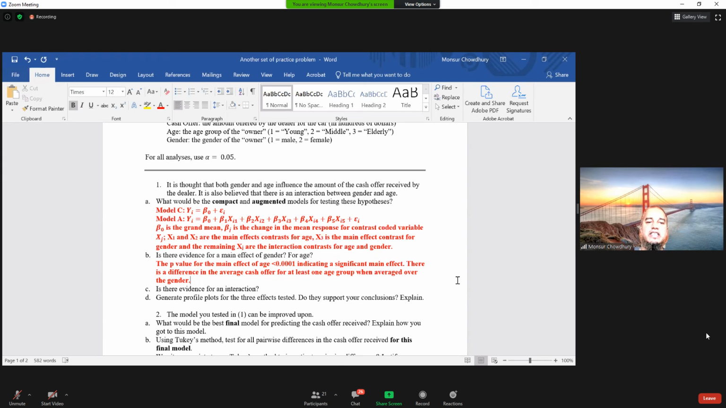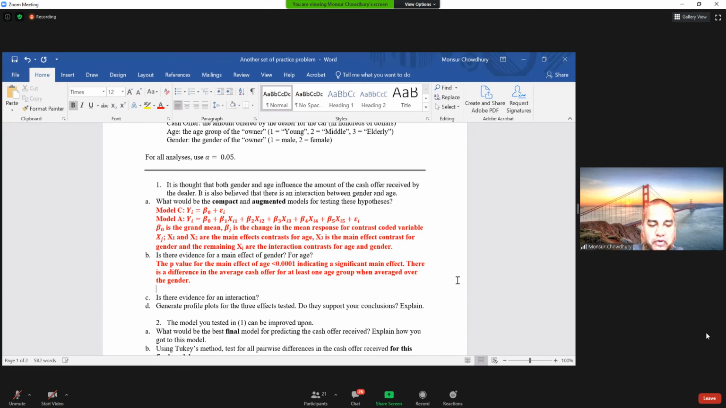What is the other factor? The gender. Now this is significant. What about the gender? The p-value for the main effect for the gender is equal to 0.1416. So we can say there is